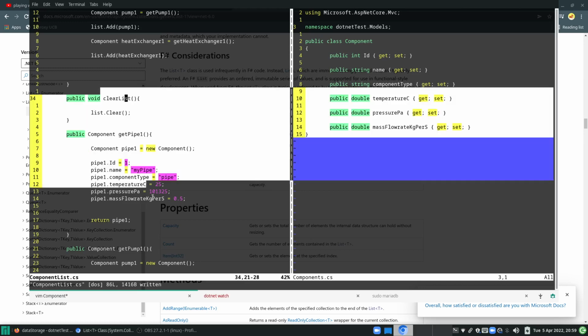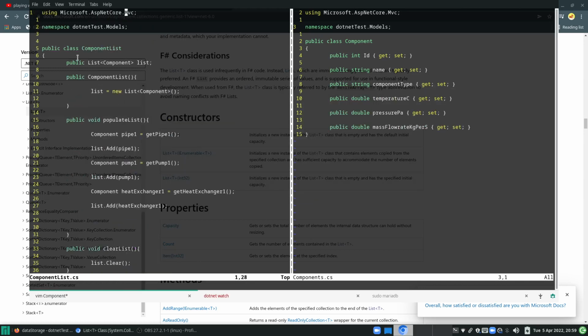So clearList. So we have a component list now, and it actually contains these components. And this list is supposed to live throughout the whole duration of the whole